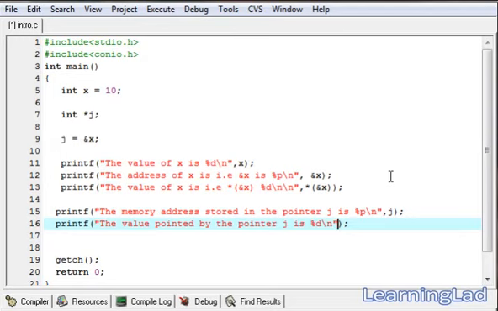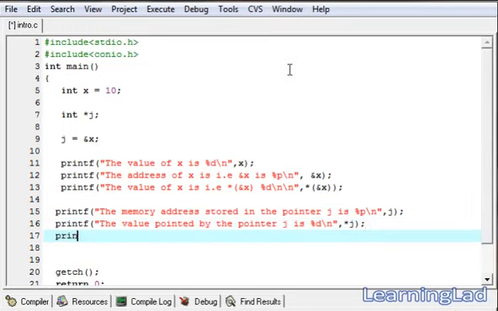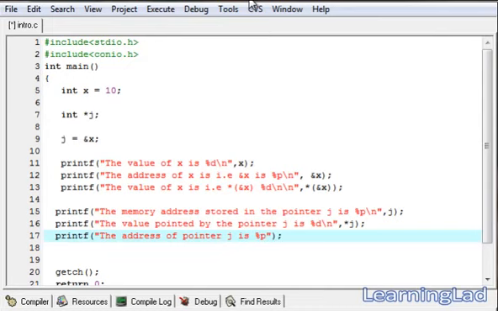Then here we're gonna specify star j. So the star operator used with this pointer j means getting the value which is stored in the memory location specified in this j variable. Then we're gonna use our last printf for this tutorial, and we're gonna say the address of pointer j is %p, and it's gonna be &j. Save it,